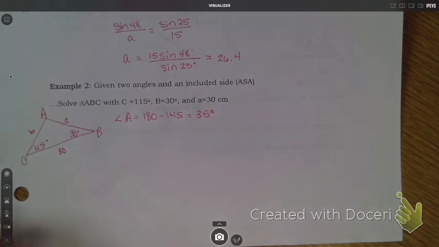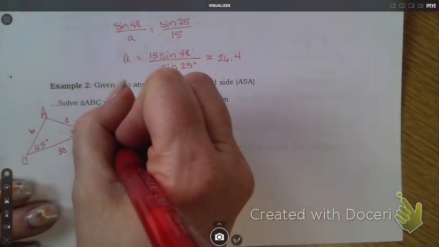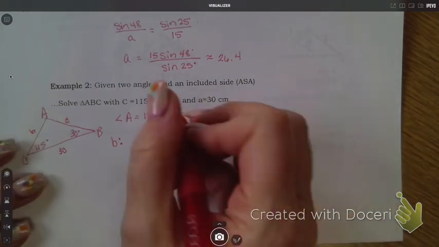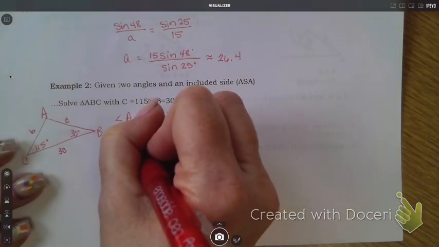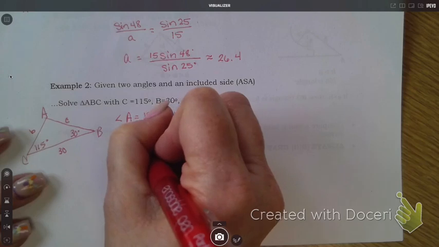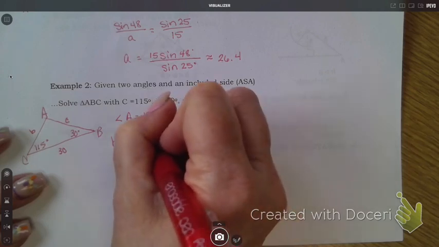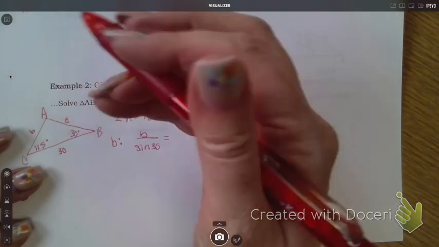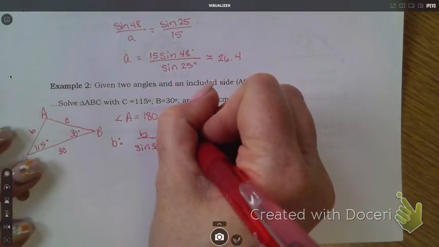Okay. So then I have to find side B and side C. I tend to do things in alphabetical order, just because. But sometimes you can't. So is side B okay? Yeah. Okay, so B. So it would be B over sine of B, which is 30 degrees, equals, well, our complete set is our A, right? So 30 over sine of